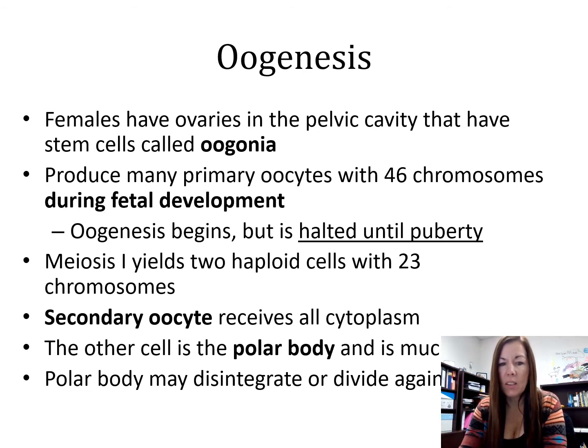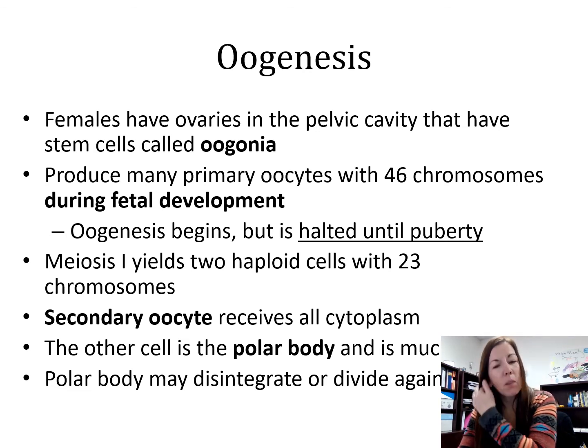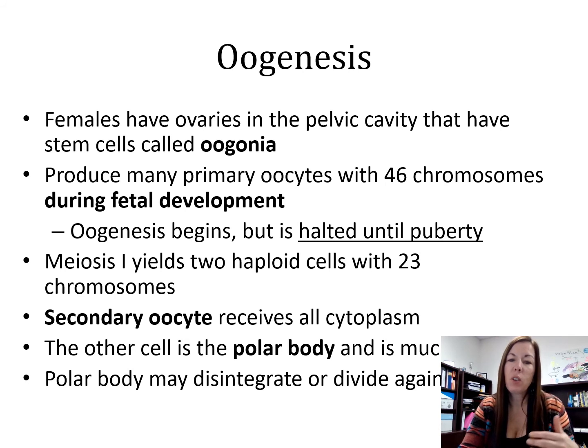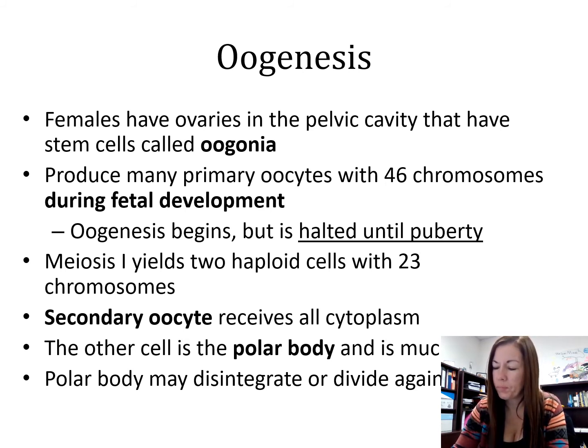You get 2 haploid cells with 23 chromosomes, right? But only one of those haploid cells gets all the cytoplasm. One of those actually just is a polar body, and it's much smaller,